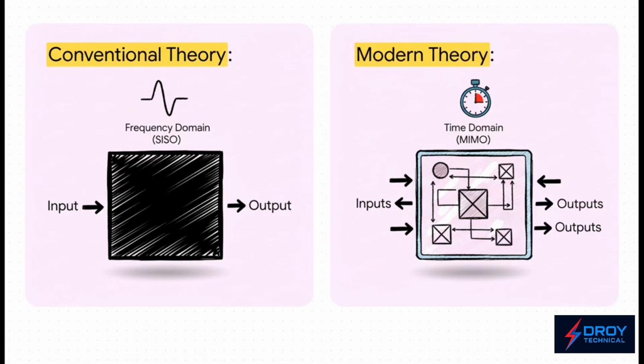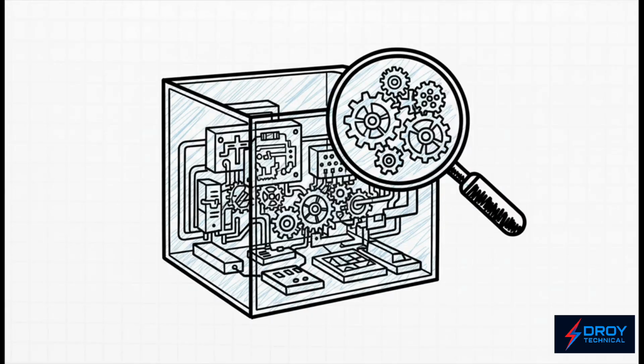Control theory had a huge level-up moment right around the 1960s, thanks to the rise of digital computers. The old school, conventional theory was great for simple, single input, single output systems. But this new, modern theory was built to handle the tough stuff: multiple inputs, multiple outputs, and even systems whose rules change over time. And that's why we call it the glass box.